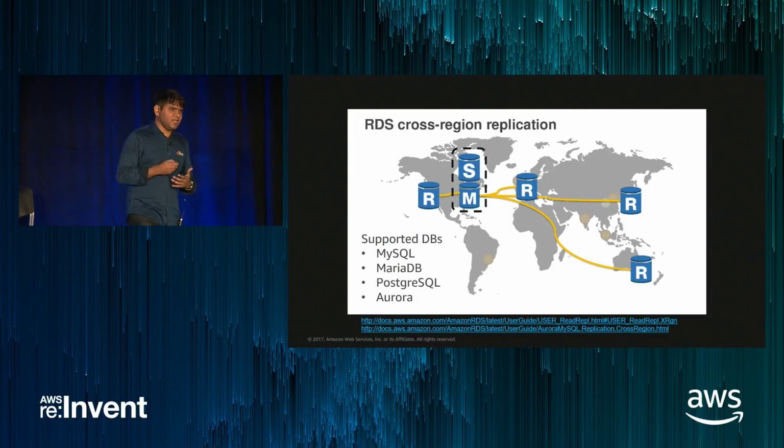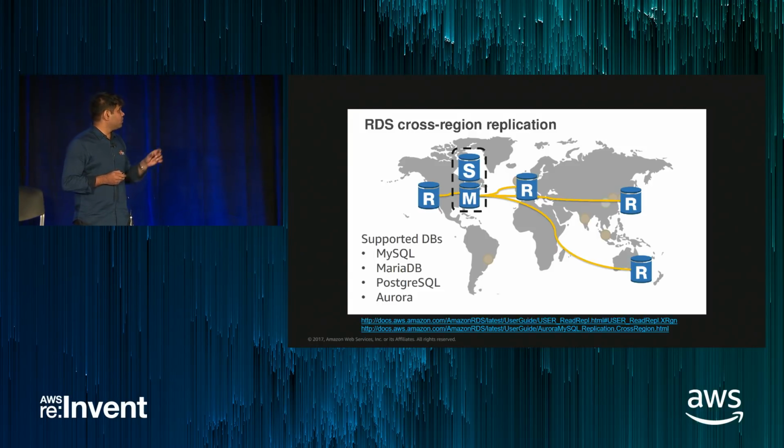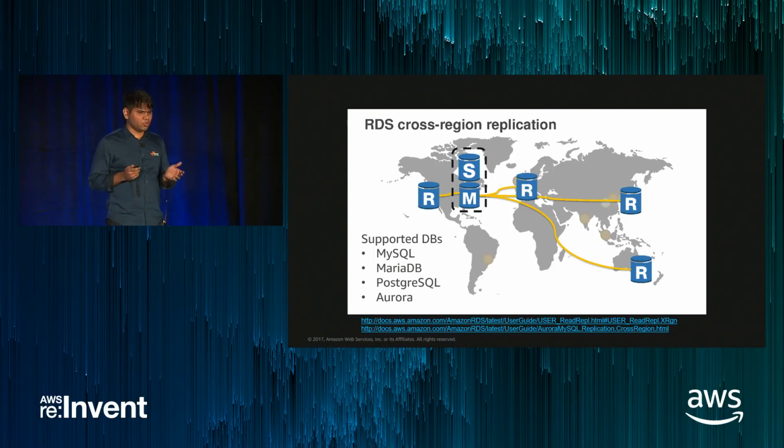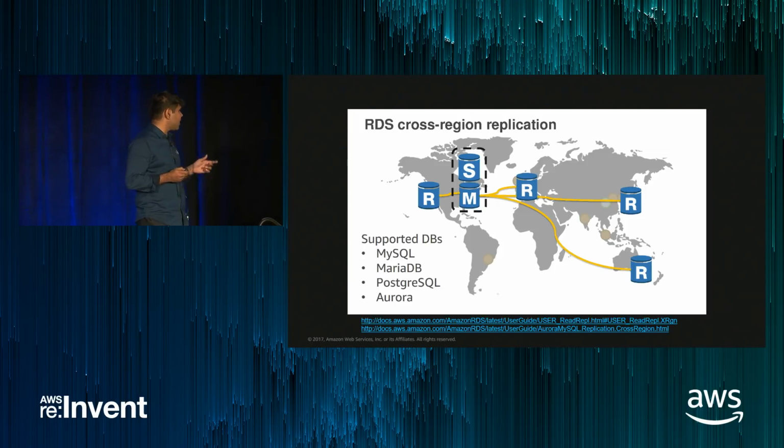Now, RDS has a neat feature which helps you with multi-region architecture should you decide to go down that route, and it makes sense in many, many use cases. In such cases, you benefit from a feature called cross-region read replicas by RDS. You can create a replica in a region of your choice, and that replica is set up and managed by AWS management systems. It works extremely reliably. Currently, the database engines that we support for cross-region read replicas are MySQL, MariaDB, Postgres, and Aurora.